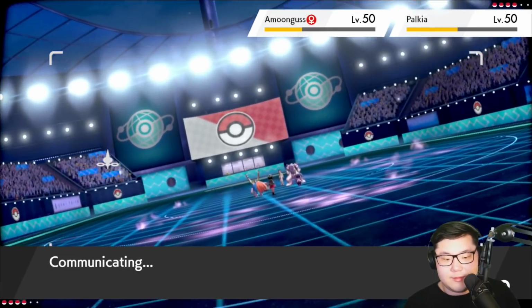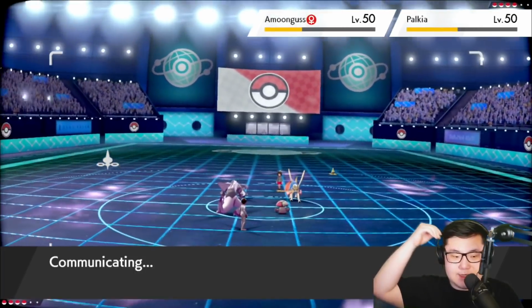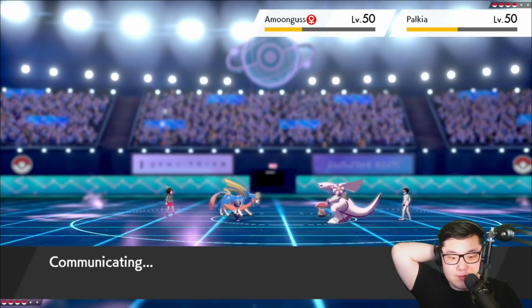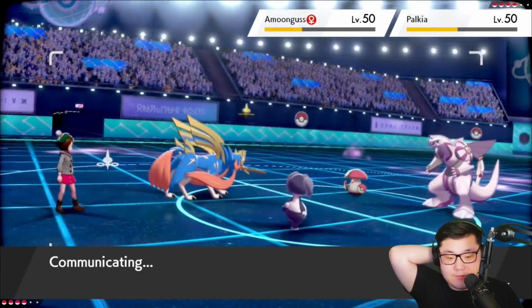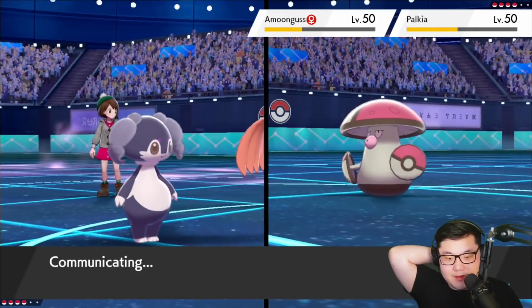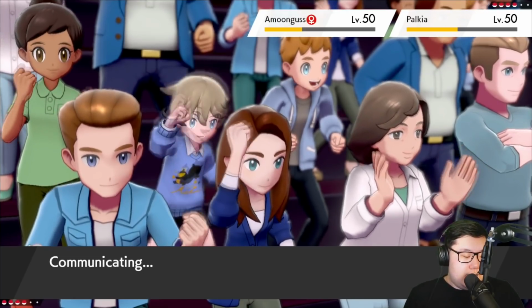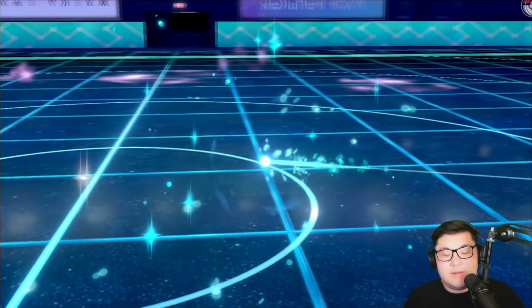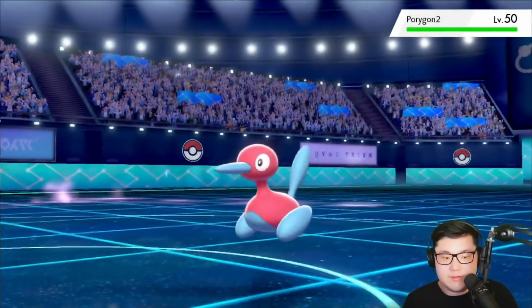I could see Protect from Amoonguss because they might think I'm going to Behemoth Blade that slot. And if that's the case, they have to Spore with Amoonguss before the Palkia attacks, if they do go for the Spore. That means they kind of just give me a Pokemon with my Zacian right here, which I think is a completely okay trade-off. This could be scary though. Oh, they're going to swap out the Palkia and the Porygon? Good play on their part. Let's see if the Amoonguss...